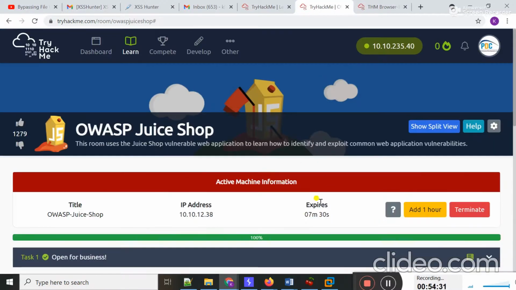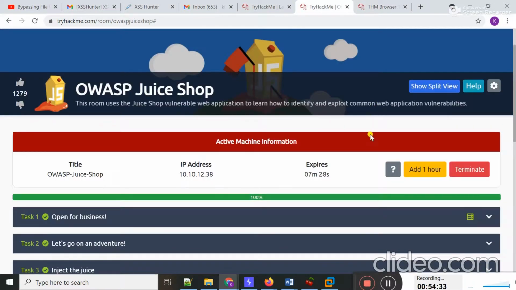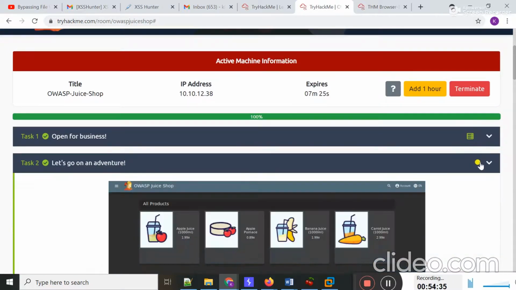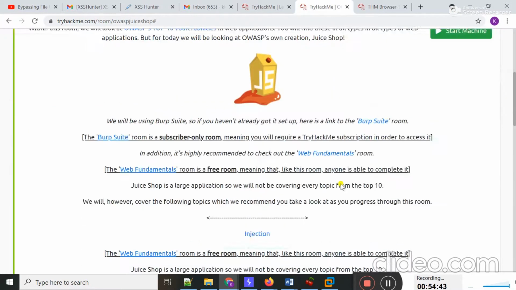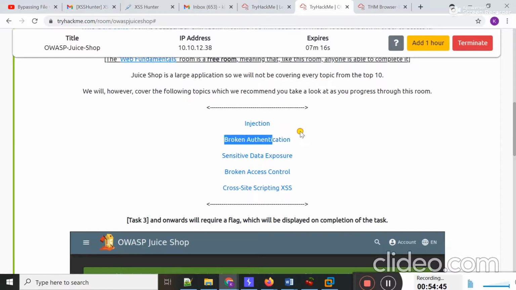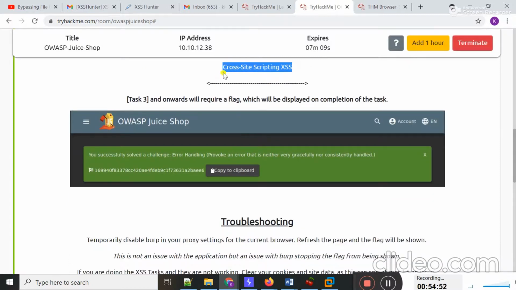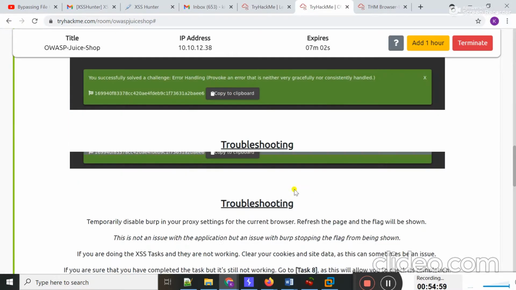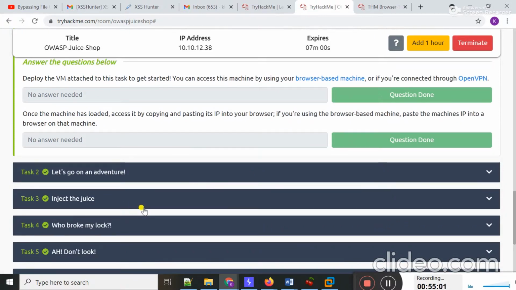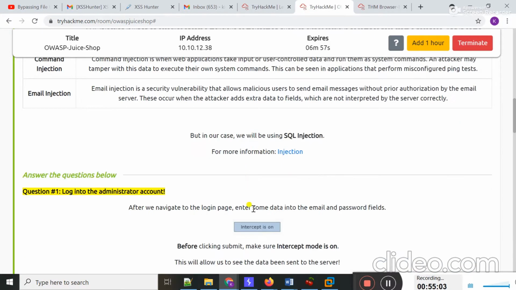So guys, this is all about my lecture today. In this lecture, I hope you learned a lot of web application vulnerabilities. In my lecture, you learned about injection, broken authentication, sensitive data exposure, and cross-site scripting, different types of cross-site scripting, how you can actually perform DOM-based cross-site scripting, persistent cross-site scripting, and the rest of the other types of vulnerabilities that you can actually perform in a web application.